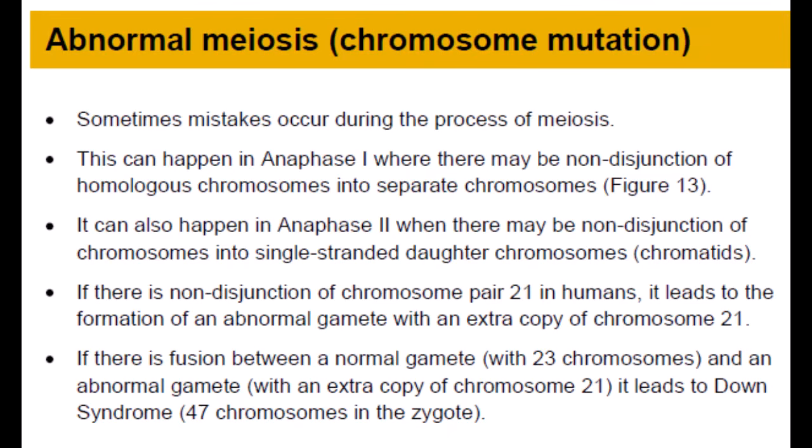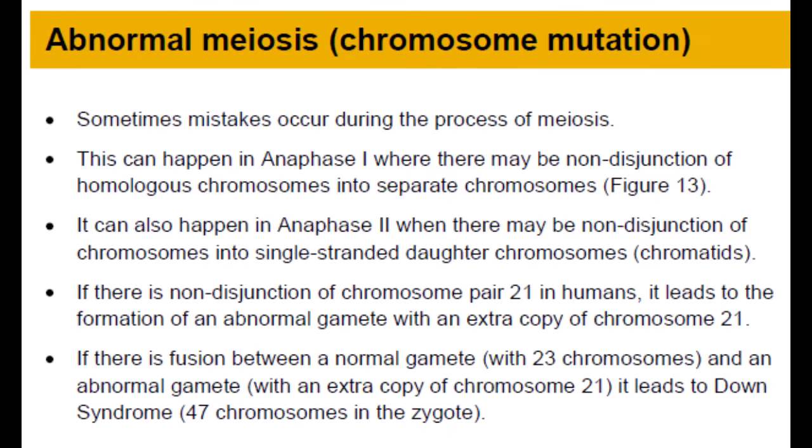Well, the most common type of error is something called non-disjunction. Non-disjunction, okay. It literally means not coming apart. This happens when either the homologous chromosome pairs fail to separate properly during anaphase I. So a whole pair goes one way. Exactly. Or it can happen later when sister chromatids fail to separate correctly during anaphase II. So one pole gets both sisters, the other gets none. Right. Either way, it's an error in distributing the chromosomes. The end result is that the gametes produced can end up with an abnormal number of chromosomes, either too many